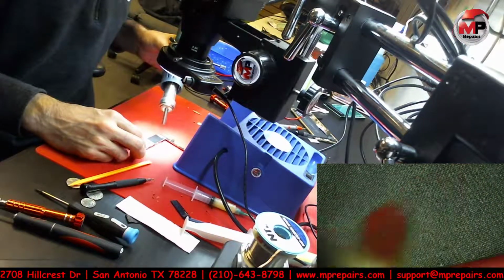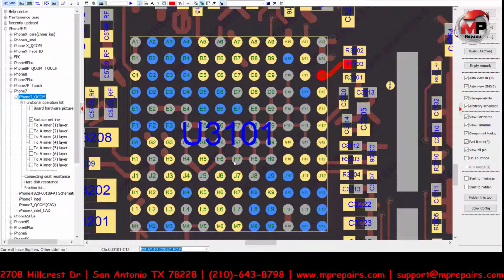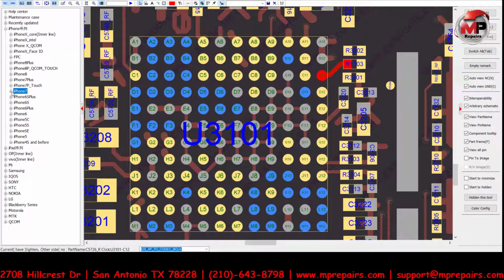And I will show you guys in a minute where the touch IC is. In the meantime, is ZXW open? It is not open. Why isn't ZXW open? Give me a second. I will put it up for you. There it is. Okay, so in the meantime, let me go ahead and pull up the schematic and the diagram